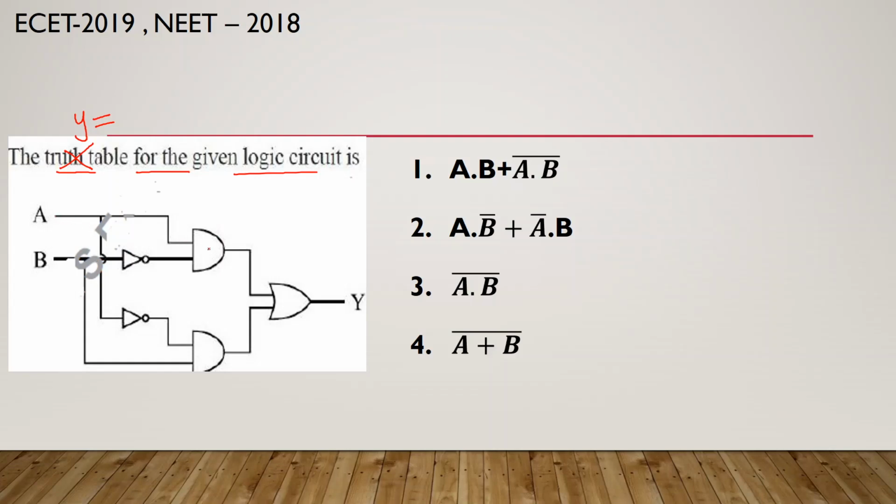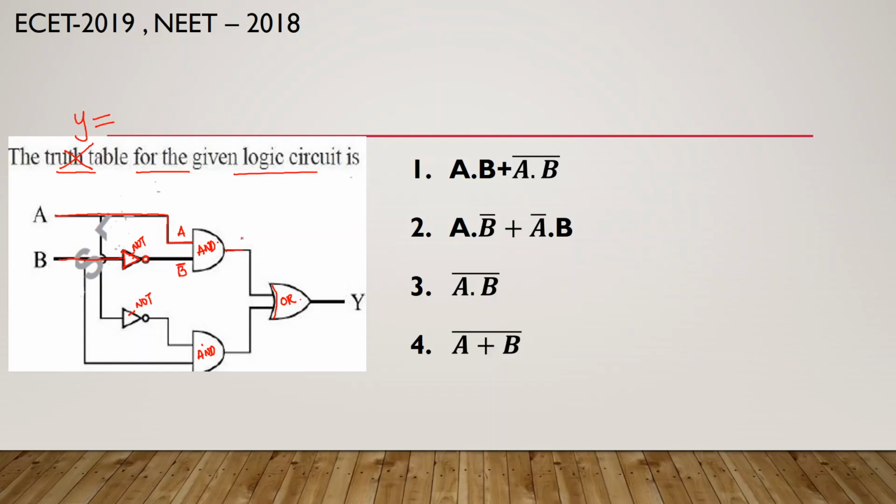See here, how many gates are there? 1, 2, 3, 4 and 5 gates. Let us name them. This is a NOT gate. This is a NOT gate. A D symbol represents an AND gate, and a leaf-like structure represents an OR gate. Now let us apply this. This is A. The A input is applied here. And this is B. For B there is a NOT gate. Whenever the input is B for a NOT gate, the output will become B bar.